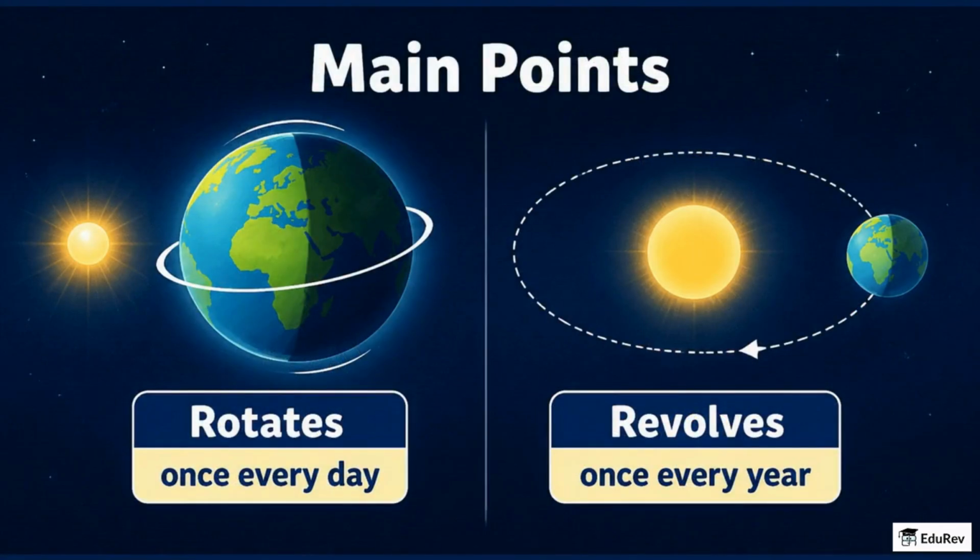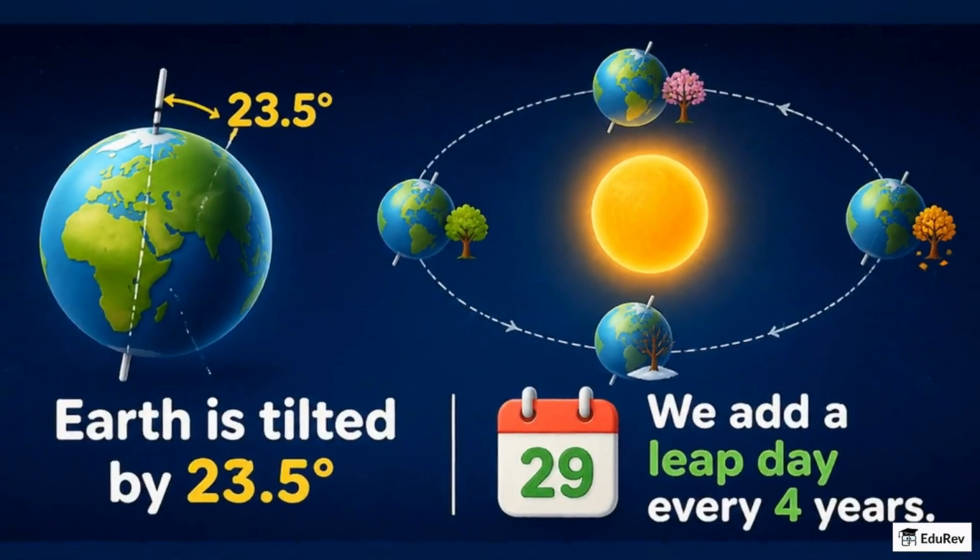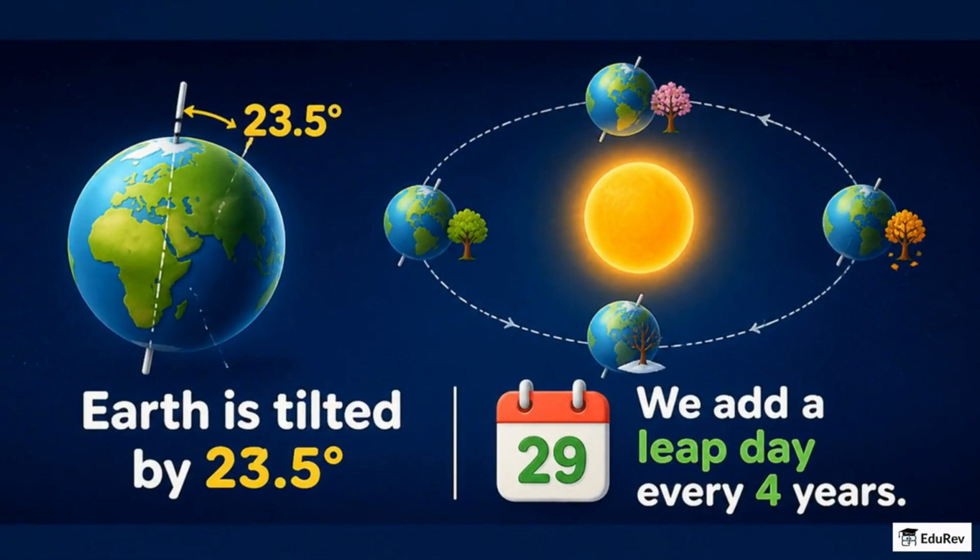The earth rotates once every day and revolves around the sun once every year. The tilt of about 23.5 degrees gives us seasons, and we add a leap day every 4 years to match